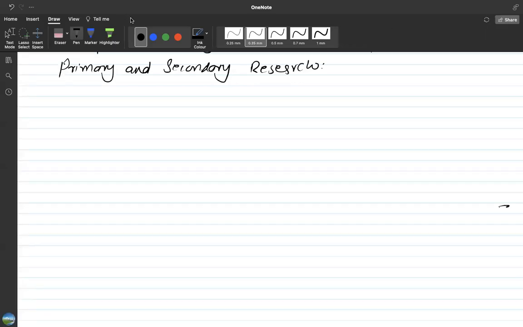The next thing that we are going to study is primary research and secondary research. Let's talk about defining primary research and secondary research, then we'll identify the differences between both. Actually, these are two methods of collecting data from the market. There are two ways of doing market research. Primary research, first of all,